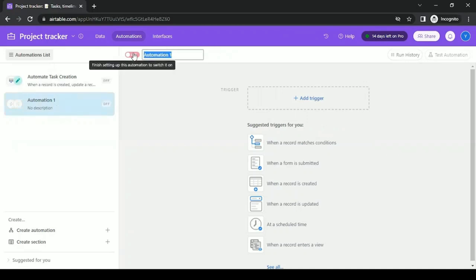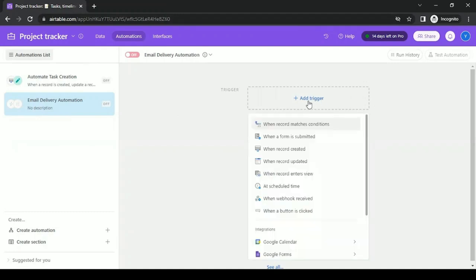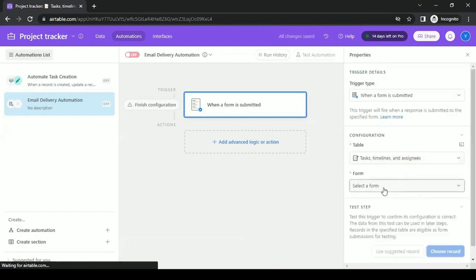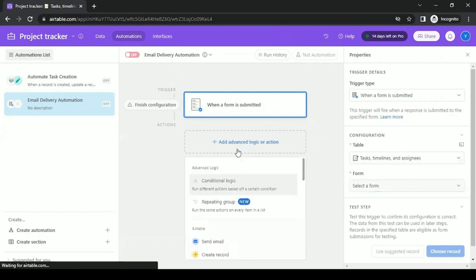And we're going to call it, let's say, email delivery automation. So name has been given. Now, again, as I say, first you create automation, the name, and then you add trigger to it. And this time we are saying that when a form is submitted, choose a table, for example, task timelines and assigning, select the form from here, and advanced logic, we can, again, we have